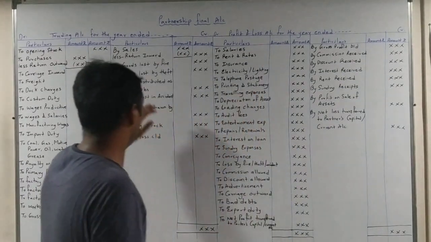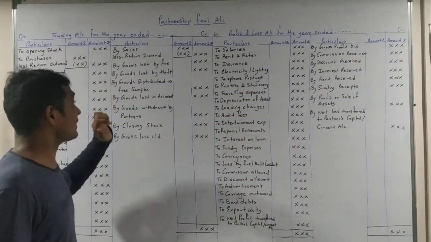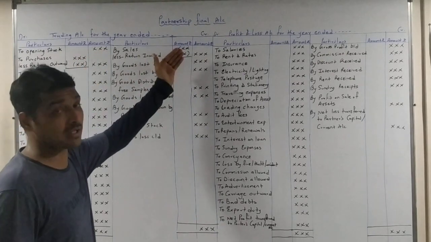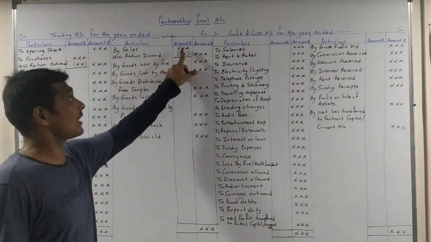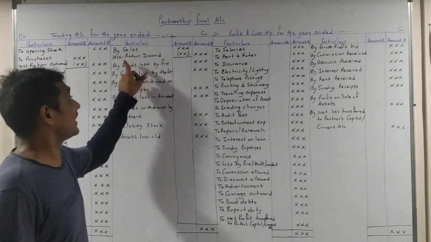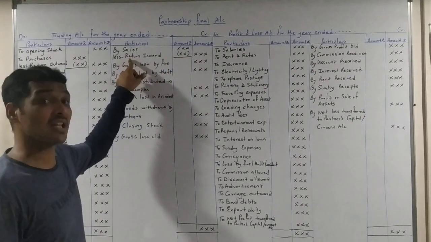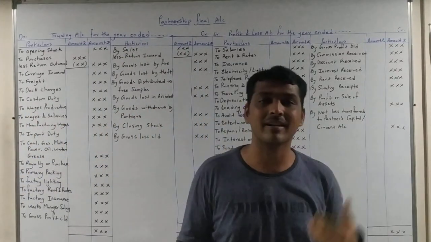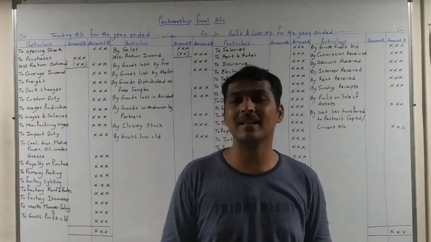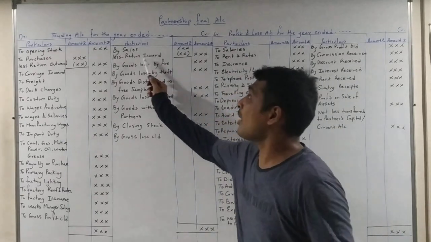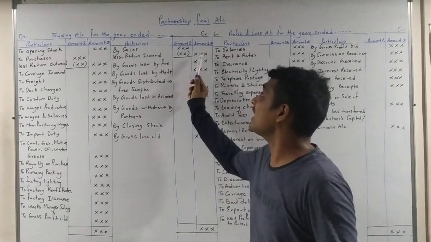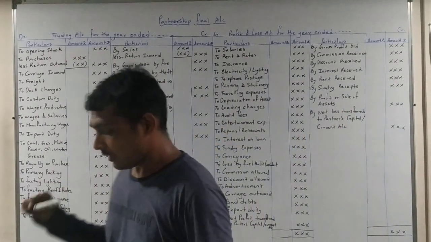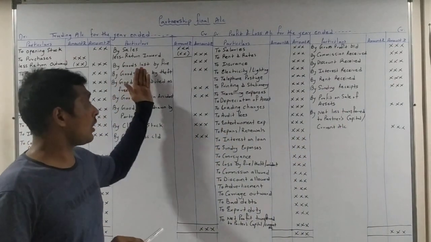Now, sorry, I didn't explain the sales fully. Sales is recorded on the credit side, in the inner column, and then it is deducted by the returns. If we have made sales and some goods are returned to us, that is known as sales return, and it will be deducted from the sales and we will get the net sales in the outer column.